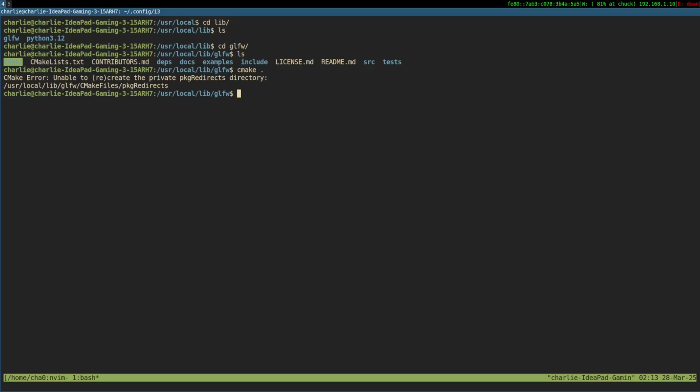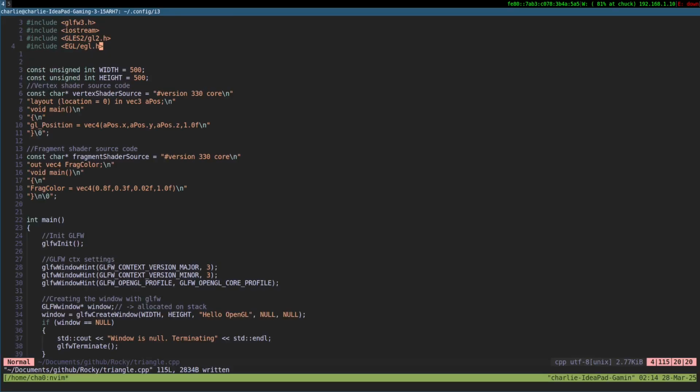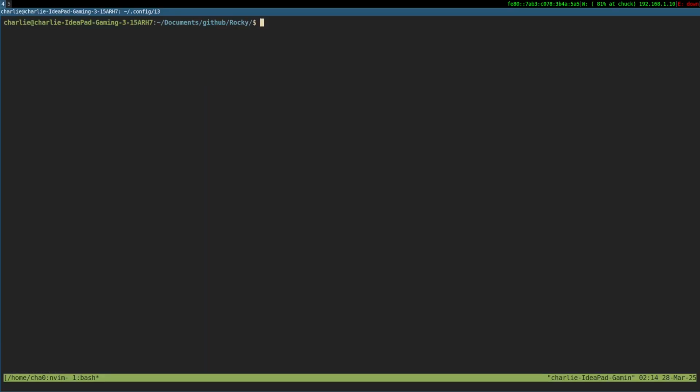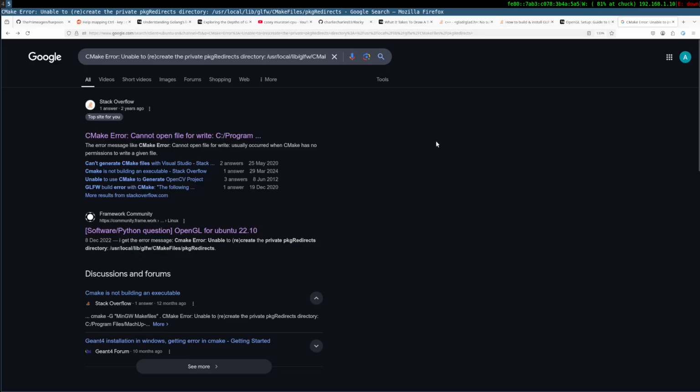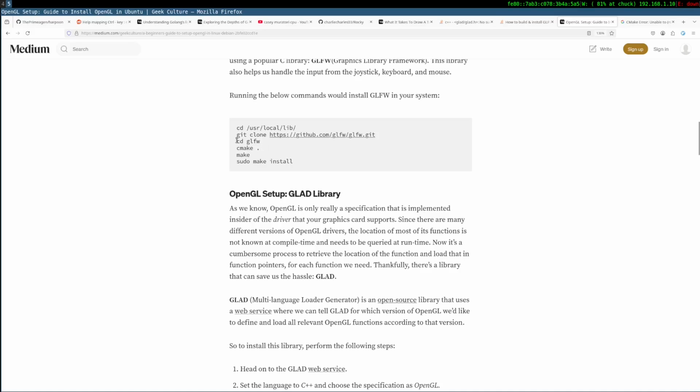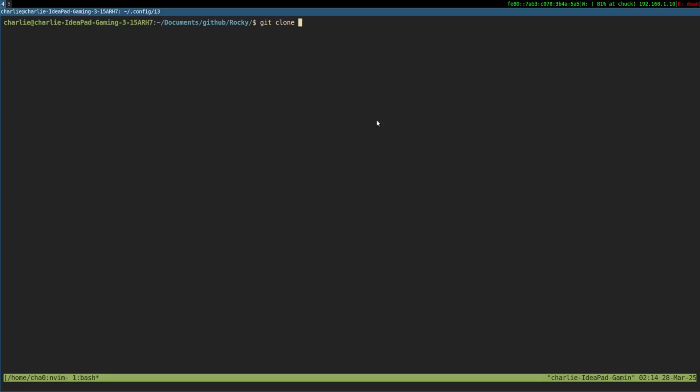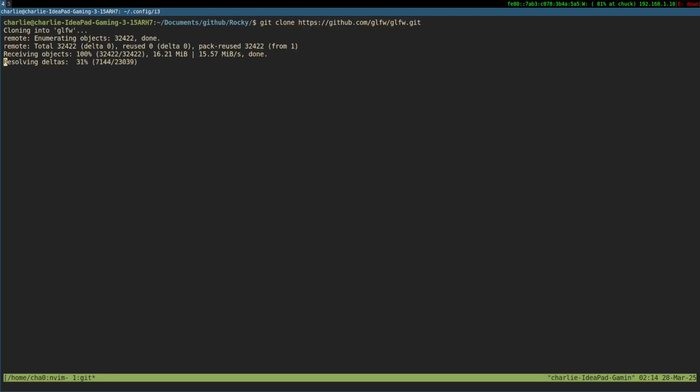Unable to recreate the private package directory. So wait, I'll try git clone here instead of pushing it there. I know it's redundant.